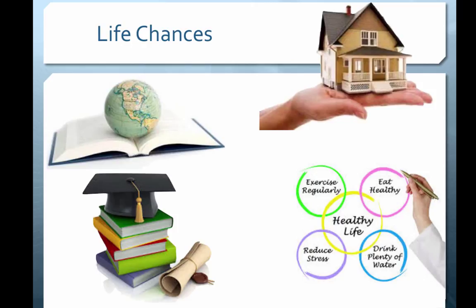Do you own a house? Do you rent a house? What size home? How many bedrooms? What kinds of things are in your home? Then there's education: how much education do you have? Because it's argued that the number one life chance there is education.